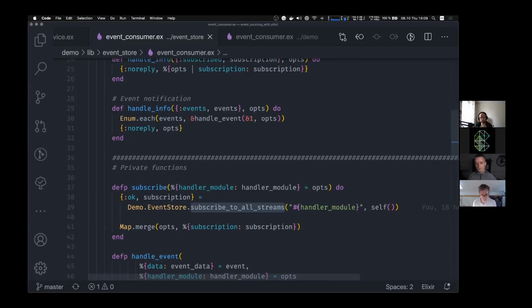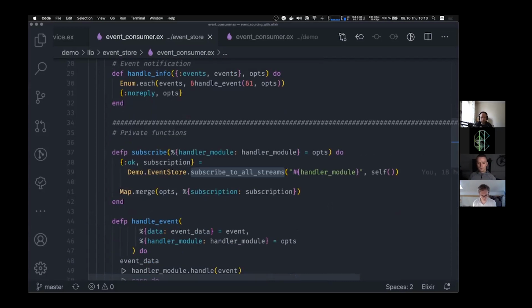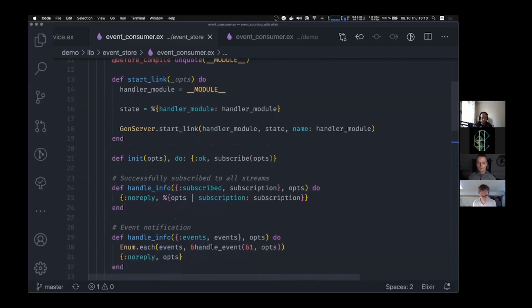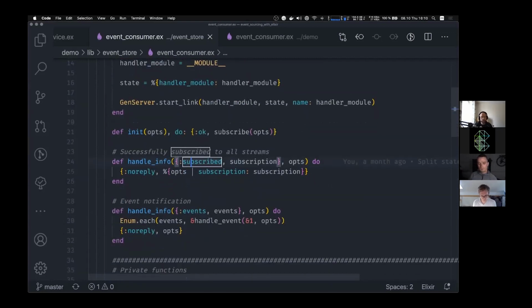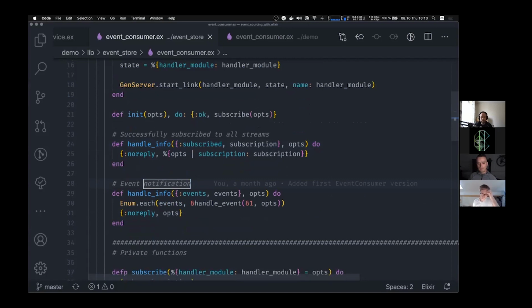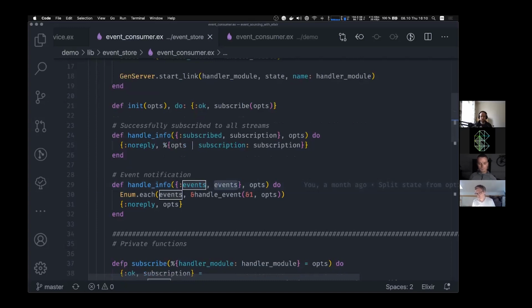Here I subscribe to all the streams there are, so I get all the events. And that's it. So you just have to subscribe here. And once you subscribe successfully, you get this callback. And if any event happens, if any event is published, you get this handle info callback with events. It can be a list of events. It isn't a single event every time. So in this case, I just iterate over them, give them to my handle event function,